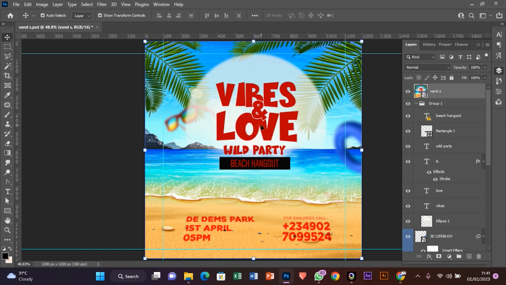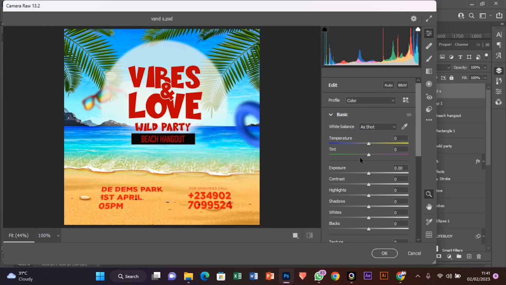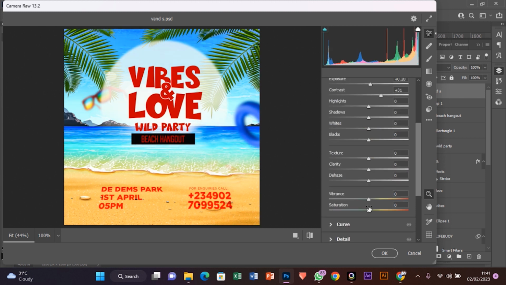So let's quickly do a filter. We're going to use Ctrl+Shift+A. You already saw how I located that from this filter section. So the Camera Raw filter, I will also come to it, we can now make any adjustments. Want to add into contrasts, add more texture to bring out the whole thing more. Alright, a little bit of clarity to make it pop a bit. Plus a little bit of clarity. If you want to dehaze,